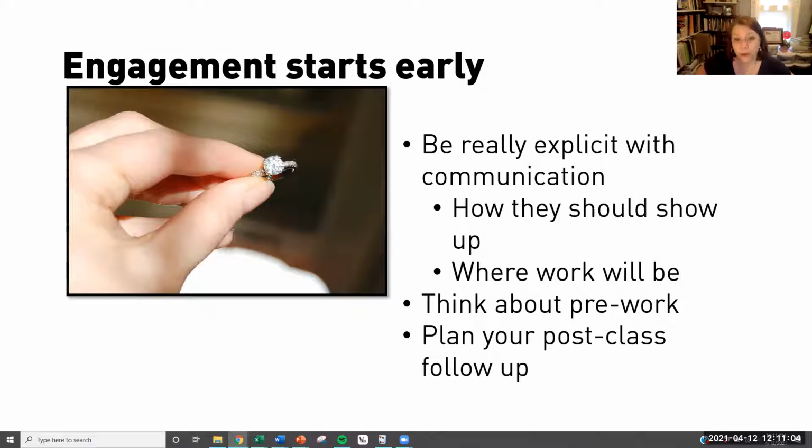Next, think about pre-work that you can send to your students, different sponge activities that prime the brain pump to get them going. Think about things that are related to your topic that will pique their interest and get them coming in hot for your class. Quizzes, videos, articles, any of these things work. Pro tip: short and funny works the best, more likely to do it, just like us.